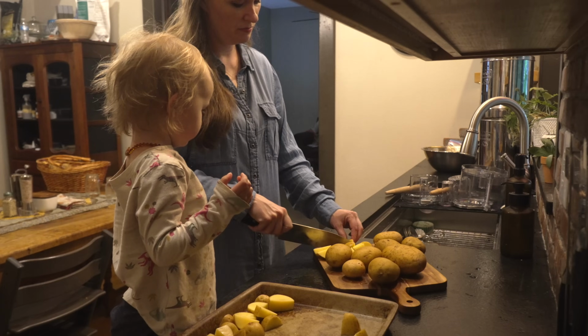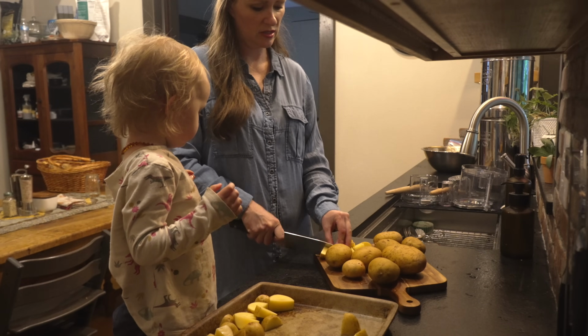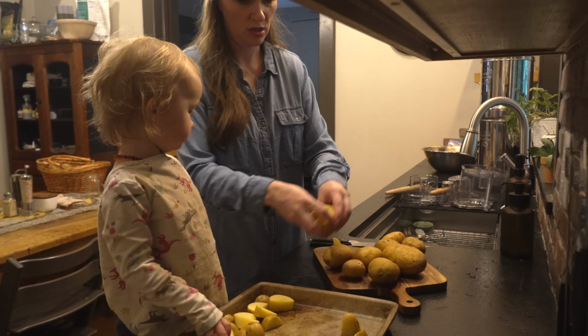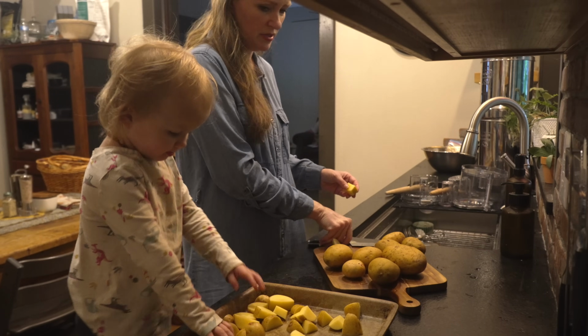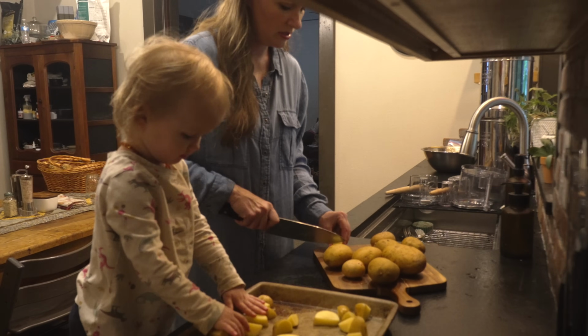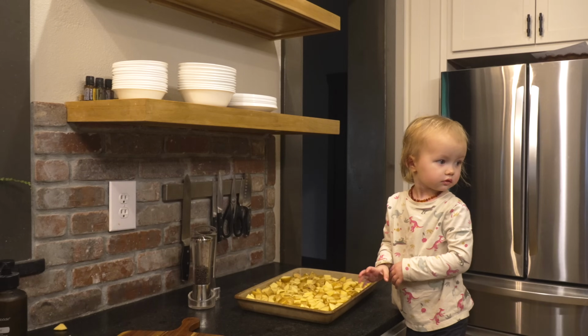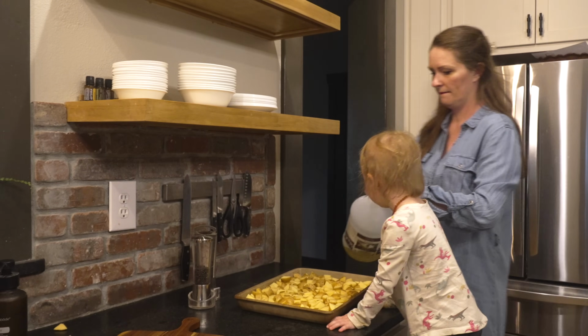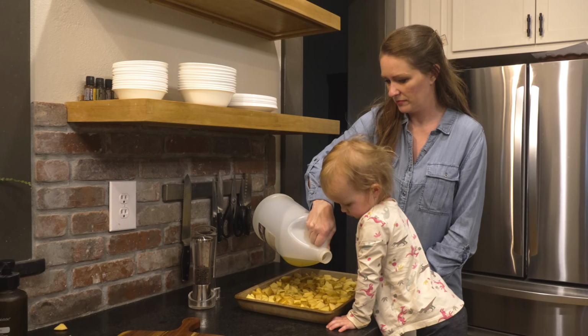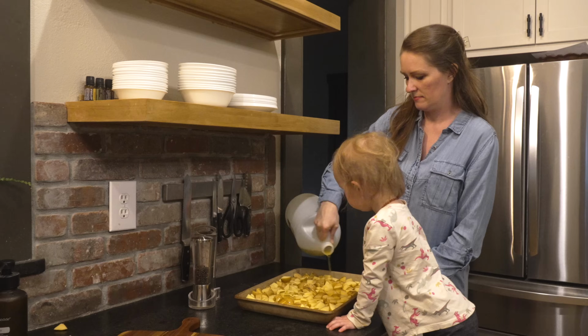Once she got her chair pushed up to the perfect spot at the countertop, we finished chopping up the potatoes, and she made sure to get them perfectly spread out for the meal. Now, once that was accomplished, we got them seasoned up and ready to go into the oven, or so we thought. This is olive oil I'm just putting right on top, and then I'm simply seasoning them